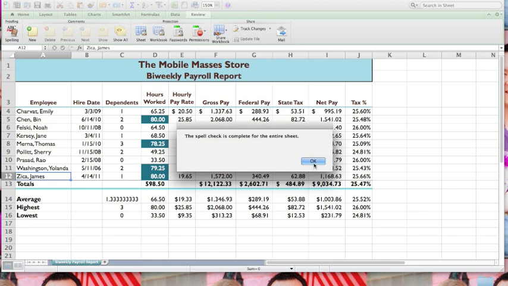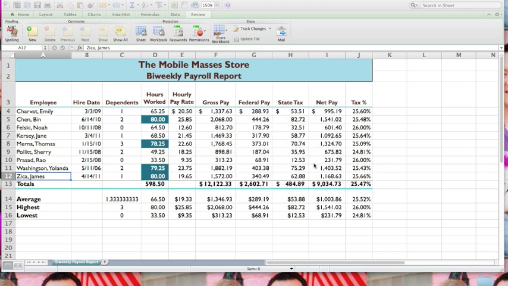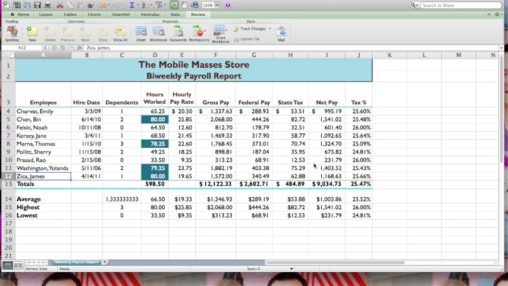Okay, so now we've spell checked the entire sheet. You may have more spelling errors, it just depends. Go ahead and get those fixed. Alright, next we're going to go ahead and change the margins, add a header, and we're going to talk about